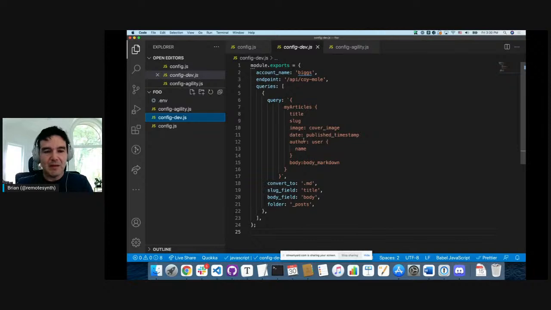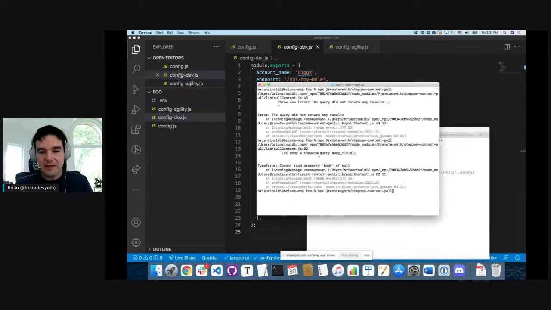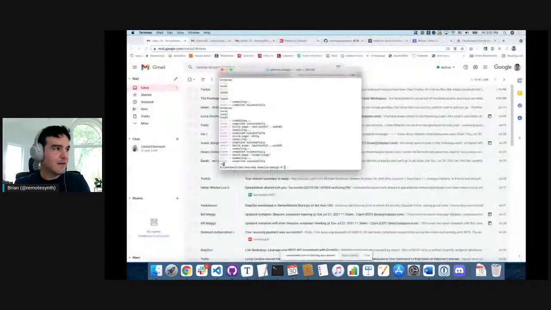Unfortunately, in order to get the body of the post, you actually have to get an individual post, go one by one. So this isn't an ideal solution for pulling stuff from the dev API, not because of the tool, but because of limitations of the dev API. No criticism there. I love the dev API. It's great. So we're going to try, instead of that, we're going to actually specify here,